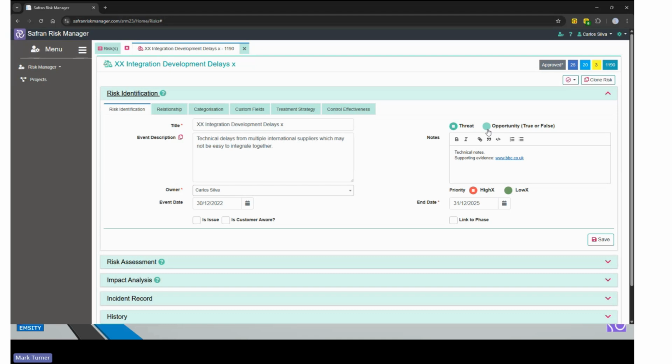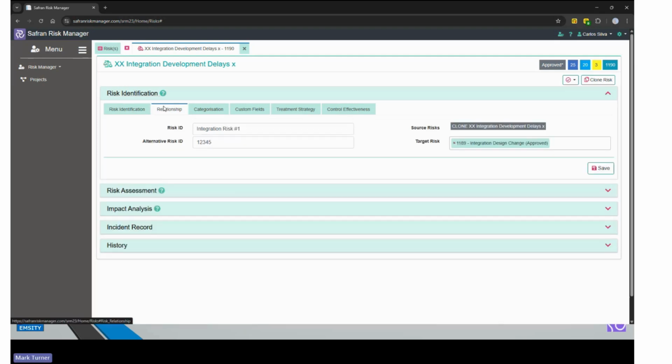So we have quite a new approach to how opportunities could, if we wish to use them, differ from threats in our current environment. But it's something on our roadmap, so something which I'm very excited to be talking about in a future presentation.